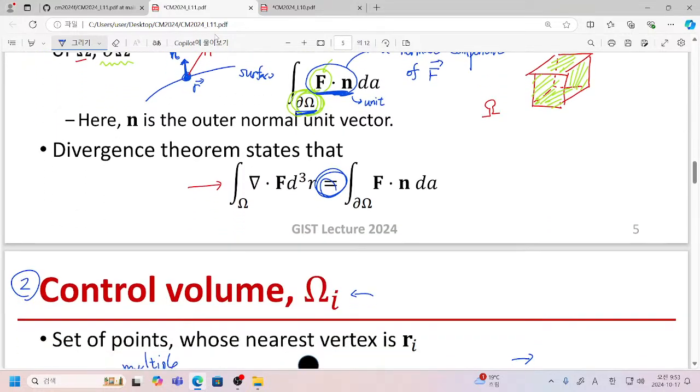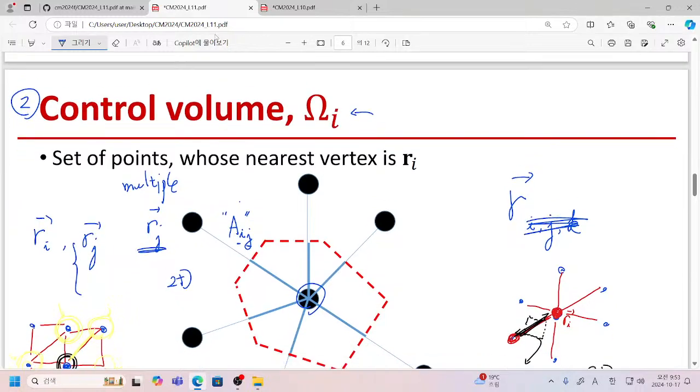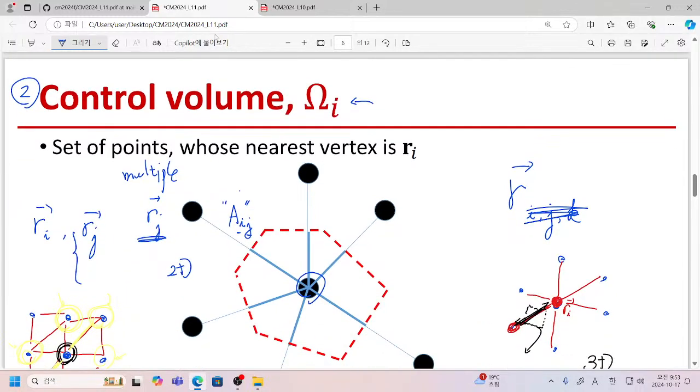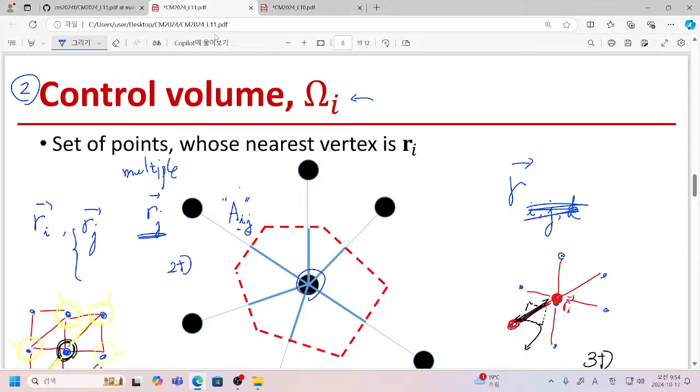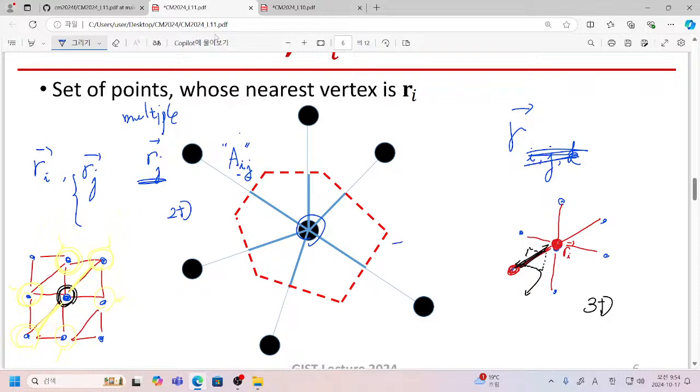And if we go to more specifically 2D or 3D mesh, I just introduced the concept of a Voronoi diagram, and this one we will define as the control